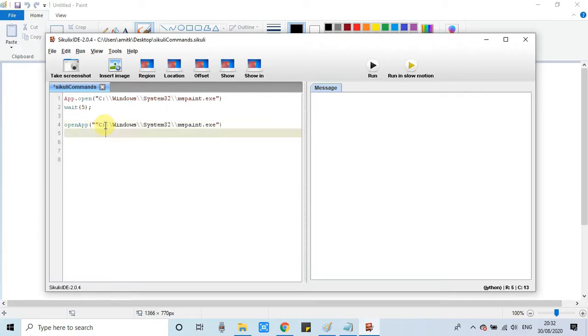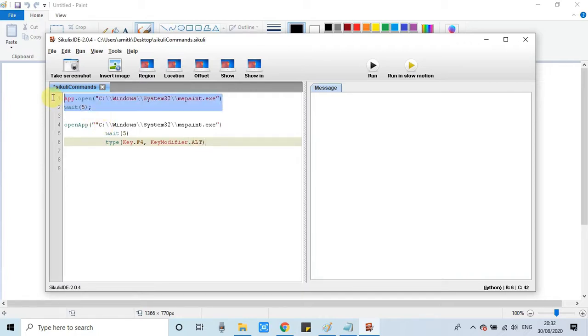So call the openApp and then pass the path of that exe, and also you can close the opened exe by typing some key combination like Alt plus F4. This is a shortcut to close any opened app. So I am putting the combination that first it will open the MS Paint exe, then it will wait for 5 seconds, and then this will type the Alt plus F4 command to close the MS Paint.